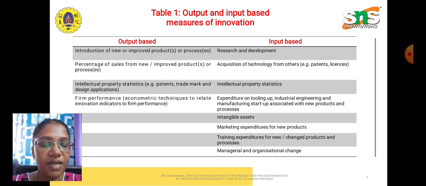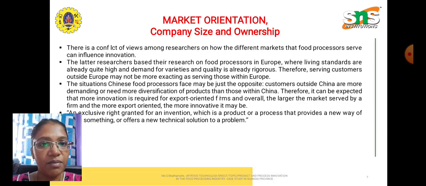Then intellectual property statistics, which mainly rely on intellectual property statistics only. Firm performance is based on expenditure on tooling up, industrial engineering, intangible assets, managerial and organizational change, or any other expenditures for new or changed products and processes. So coming to the market orientation,